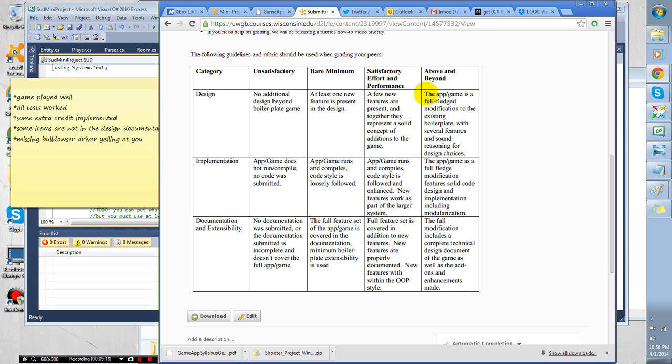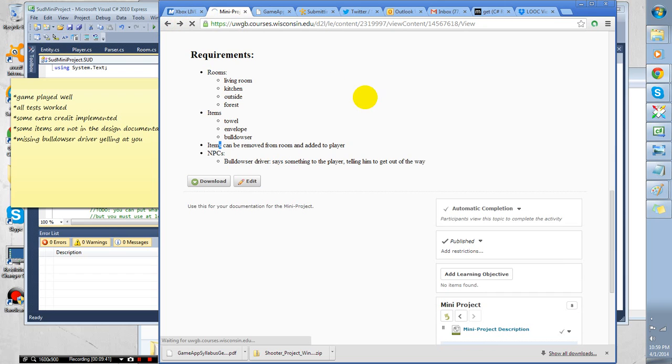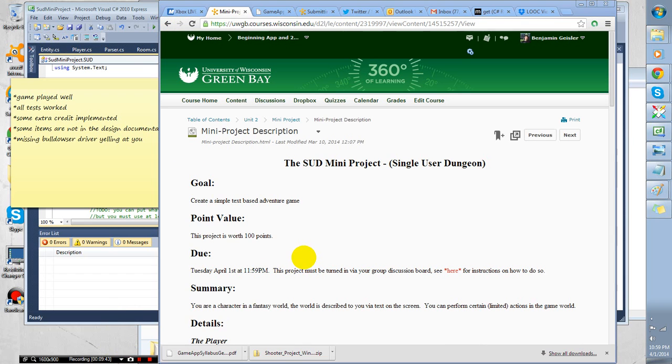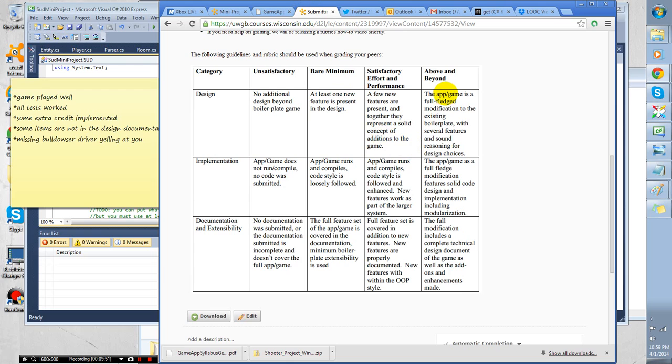In order to get above and beyond in the design category, it would have to be a full-fledged modification to the existing boilerplate with several features and sound reasoning for those choices. So full-fledged modification would include things like maybe you've put in combat, maybe you've put in NPCs talking to you and saying a different allotment of things. Some of that's hinted at in the actual extra credit in the write-up, for example, saying things to you when you issue the talk command. That might have been an above and beyond situation in the case of design, but instead I'm going to give